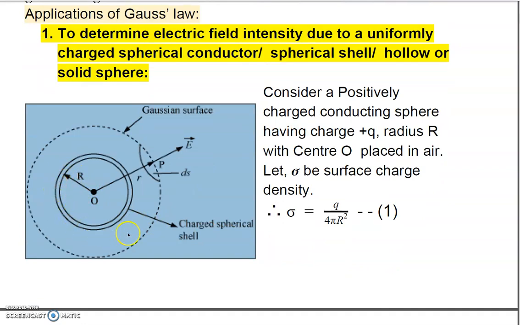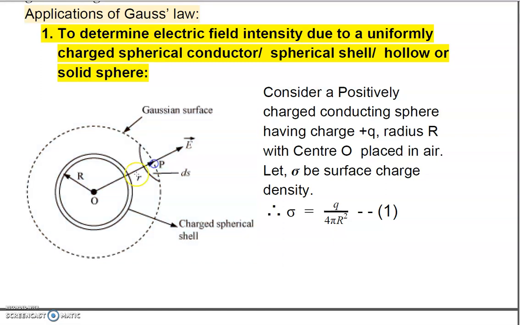a spherical shell which is shown here, the center of which is O and the radius is capital R. So this spherical shell I am taking into consideration, and this spherical shell has been given some charge equal to plus small q. The charge will get uniformly distributed on this because it's a metallic one, and because of this charged conducting spherical shell, there will be an electric field in the radially outward direction, and I want to decide how much is the electric field intensity at any point P which is outside this charged conductor.